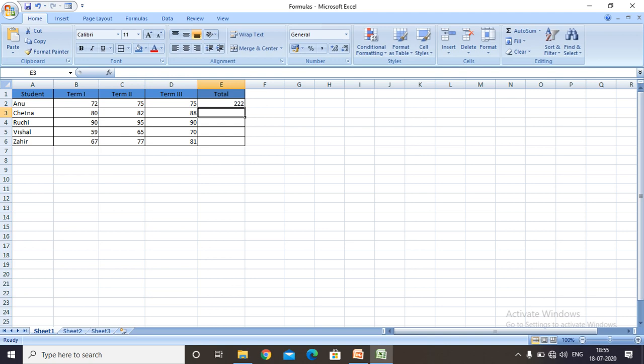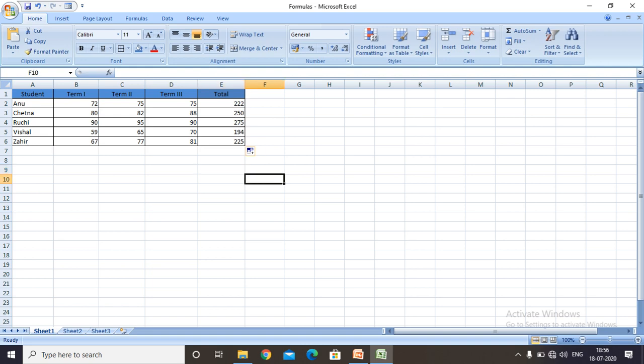Now, to fill the total mark in the remaining cells, you can use the autofill feature. How did we use to do it? Place your cursor at the bottom left corner and drag it in this manner through E6. So, I have dragged the pointer through E6. Now, you can see that the data has been filled by the autofill feature. Excel automatically changes the result in E2 to E6.